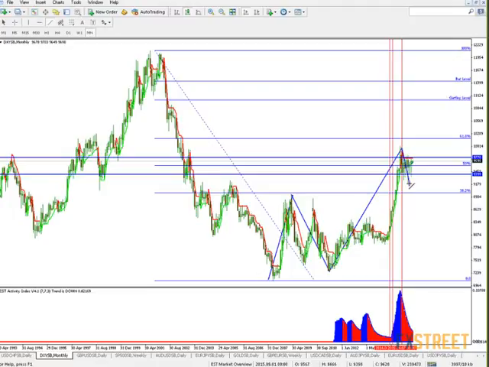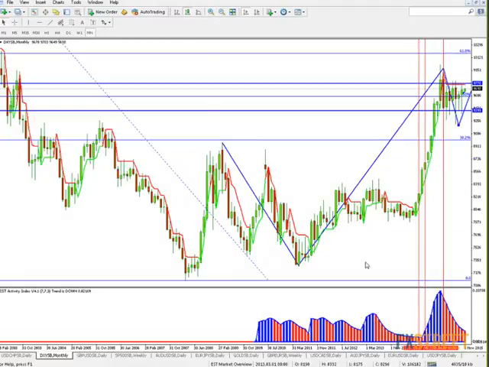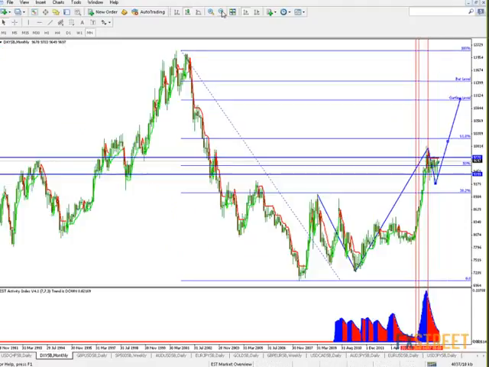What we've actually seen on this little correction, if you like, which has just run through the end of 2014 into 15, is a wave 4. Then what we could possibly get is a wave 5. Now, what we could do is put that on. You can see what I've just done there. Let's bring that back out a fraction. I've taken wave 1 and I've then projected it forward